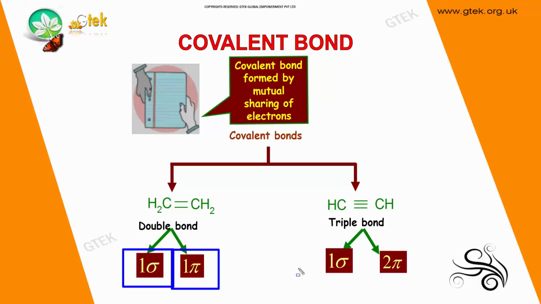So here for the p shell, you need 8 electrons to be filled. Since this fluorine has only 7, it will get 1 electron from the other. Similarly, this fluorine has 7 valence electrons and needs 1 electron to fill the p shell, so it will get 1 electron from here. So both are paired to get the shell filled.